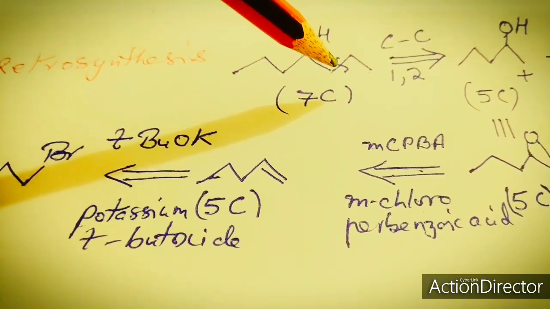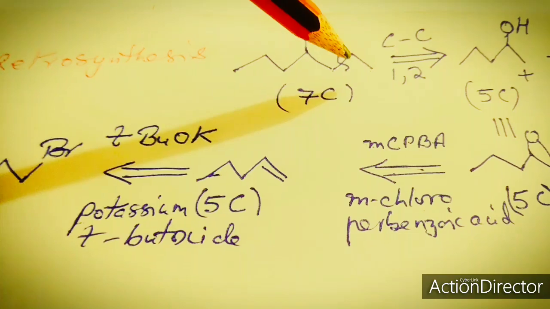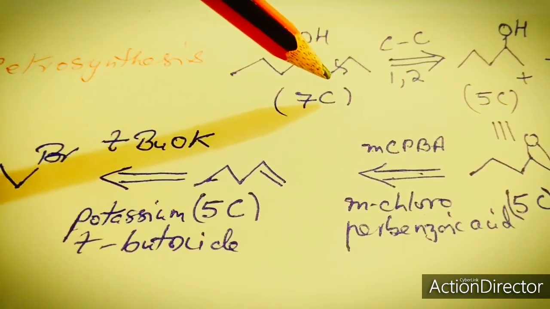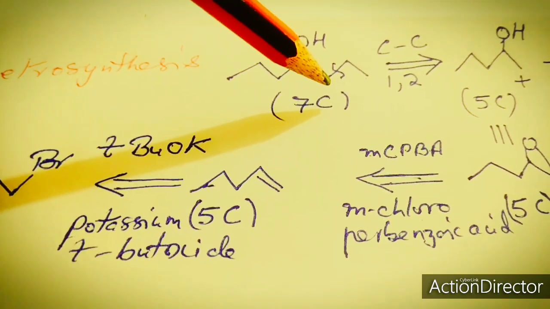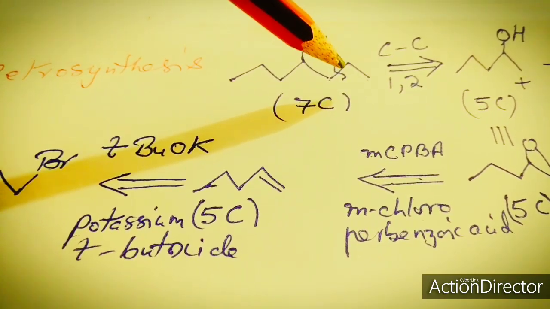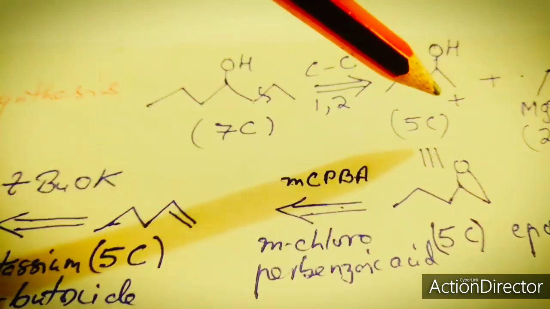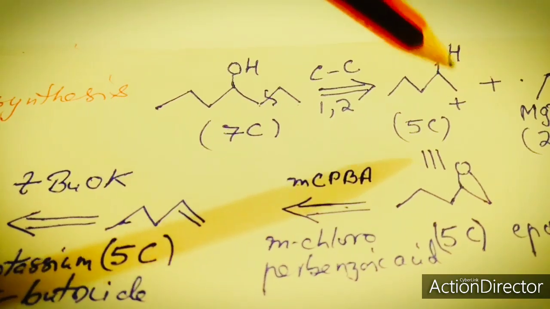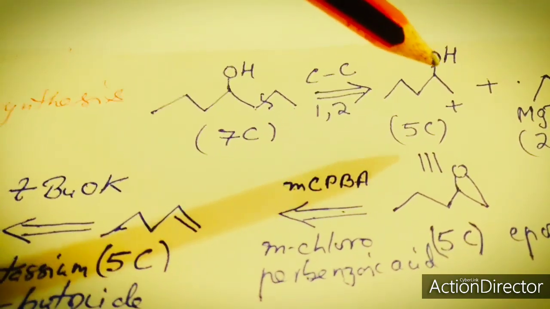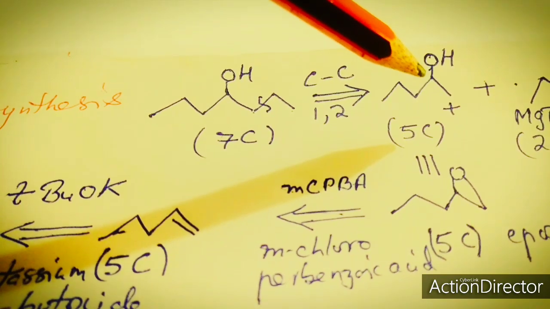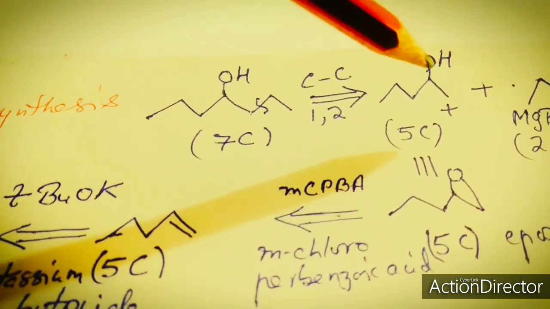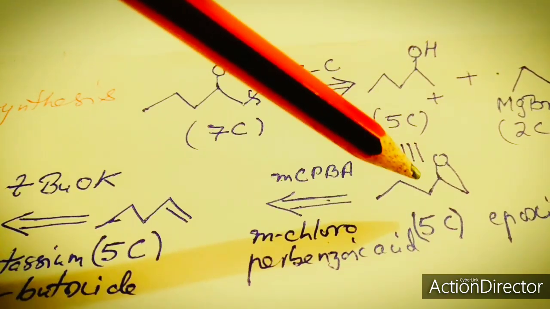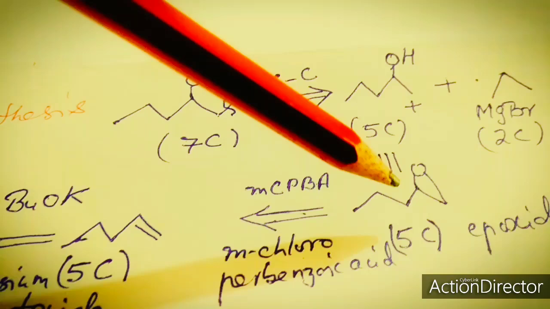It can be the other way around also, that we get a negative here and a positive here. But if we have a negative here, we won't be able to find a synthetic equivalent. Hence, a positive here and a negative here. So a positive charge here will be neutralized because oxygen has a lone pair, by virtue of which oxygen will get a positive charge, which can be eliminated in the form of H positive. So here we get the epoxide as the synthetic equivalent, that is, the working reagent will be the epoxide.